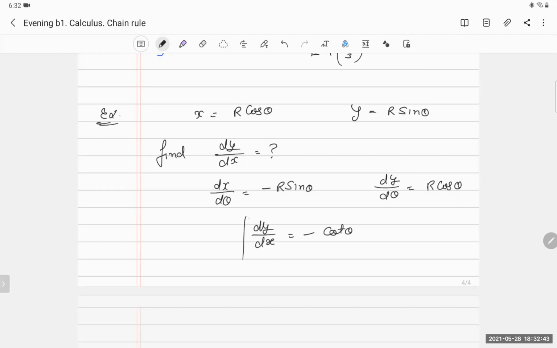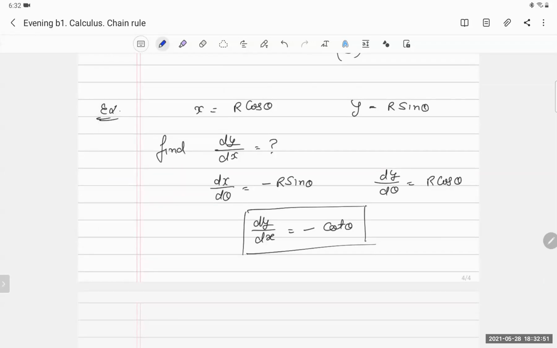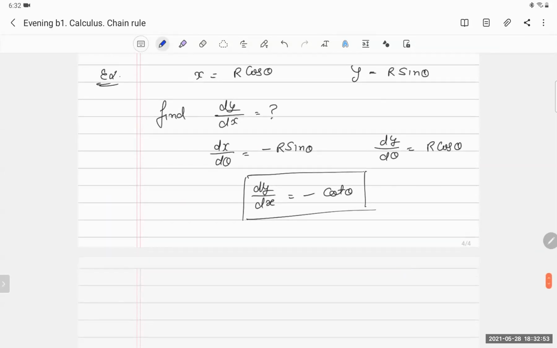So my question is done here. Now I have to look for the options. If my options are given in x, I can make a right angle triangle. If this angle is theta, what is cos theta? This is x, this is r, so this is y. x by r equal to cos theta and y by r equal to sin theta, right?